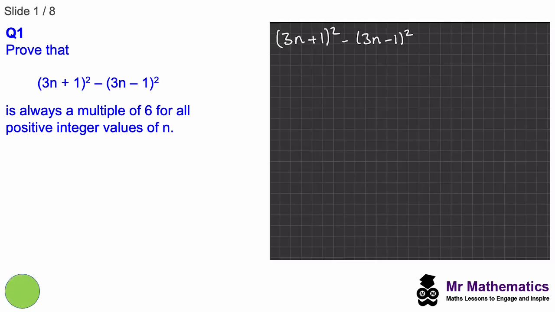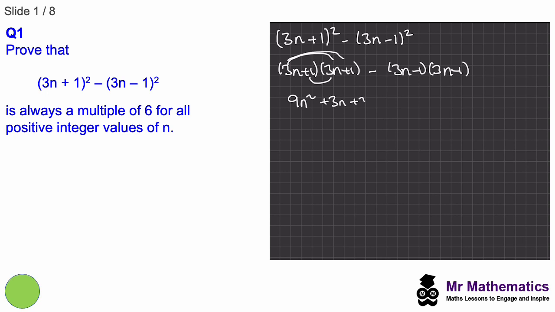To prove that this is a multiple of 6, we're going to expand both pairs of brackets. So we have 3n plus 1 multiplied by itself, and then take away 3n minus 1 multiplied by itself. So now we have 3n times 3n, which is 9n squared, 3n times 1, which is 3n, another 3n times 1, and 1 times 1, which is 1,